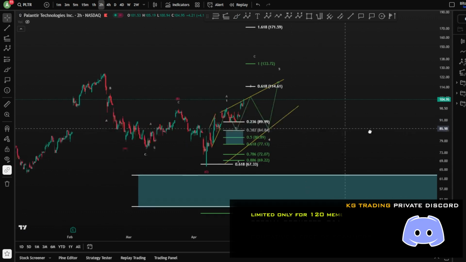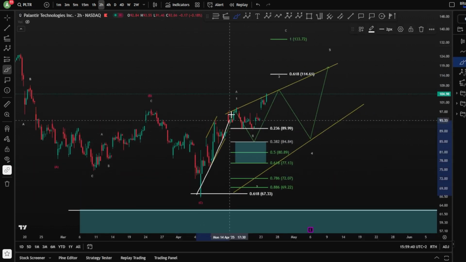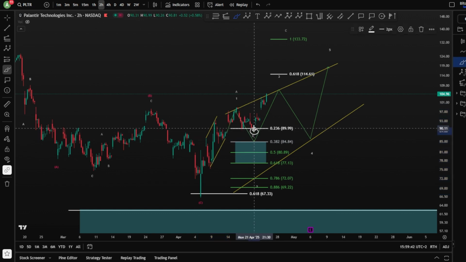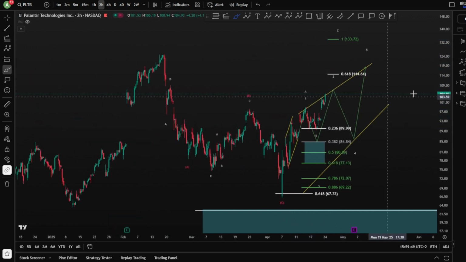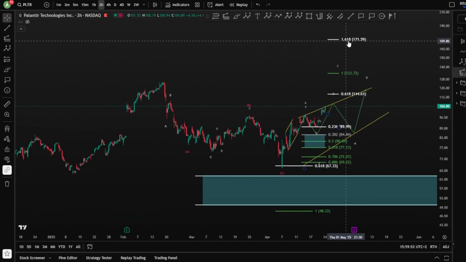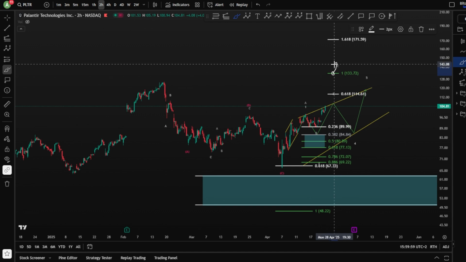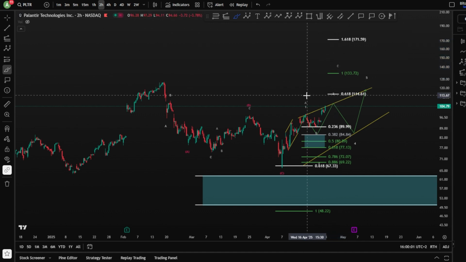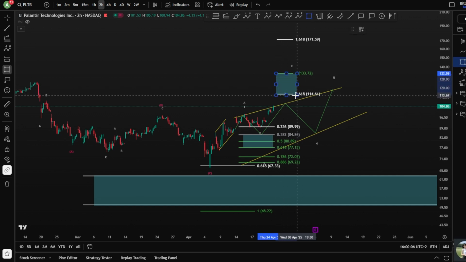So these are the potential scenarios for Palantir, unless we are in a wave 1 2. Your wave 2 is very shallow, a very low possibility for a wave 2 to hit the 0.23 and move for a wave 3, which means the 1.618. You would like to see the 1-to-1 fib level broken and overshot, to move towards the 1.618. So in all case scenarios we are looking at this potential blue box here.